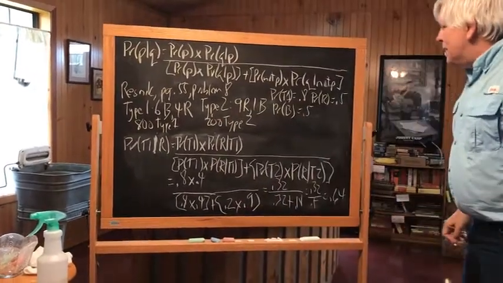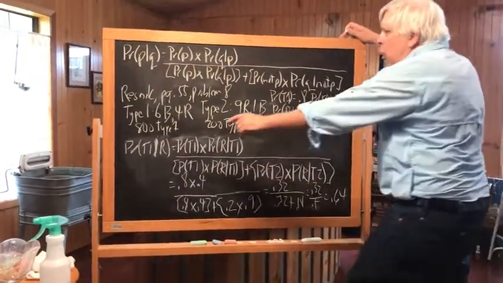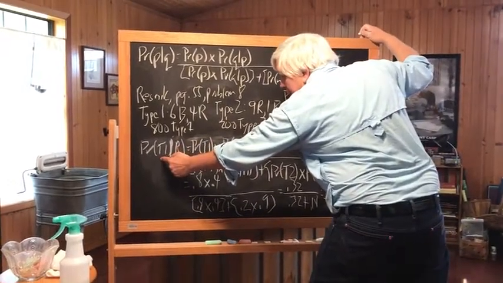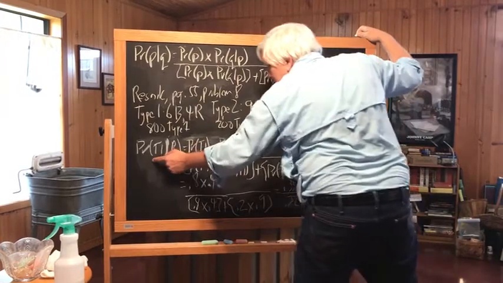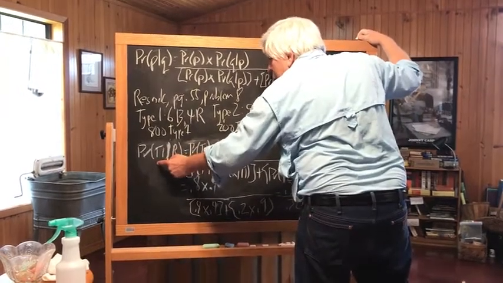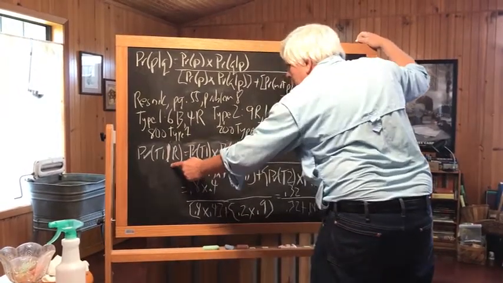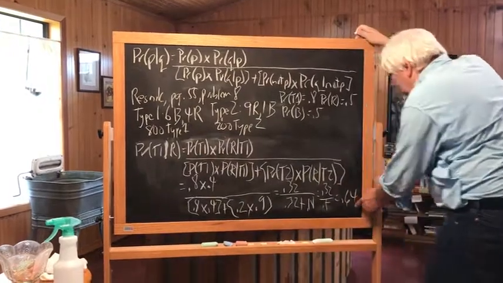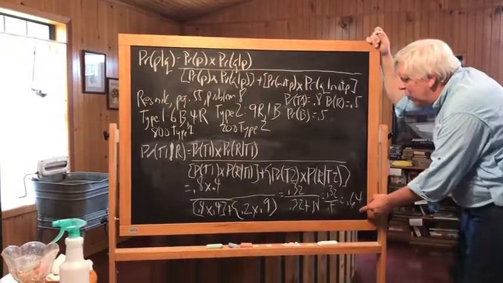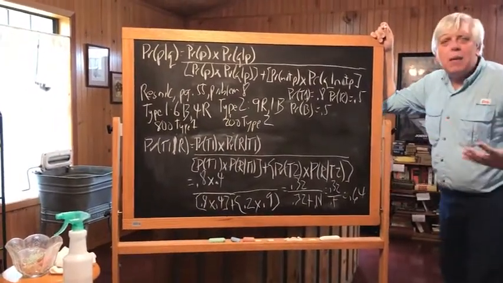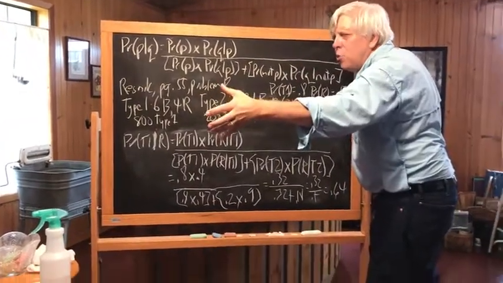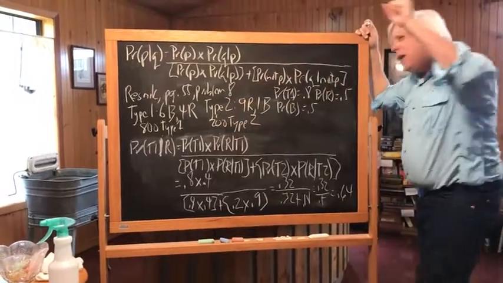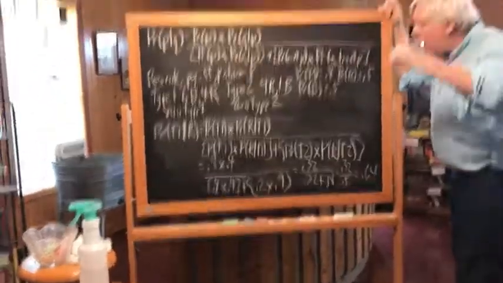Notice what has happened now. The prior probability that we drew from a type 1 urn is 0.8. But the probability that we drew from a type 1 urn, given that we drew a red ball, falls now to 0.64. Look, it's still likely that we drew from a type 1 urn, because 8 out of every 10 urns in that room is of type 1, and if we just randomly chose one, the prior probability